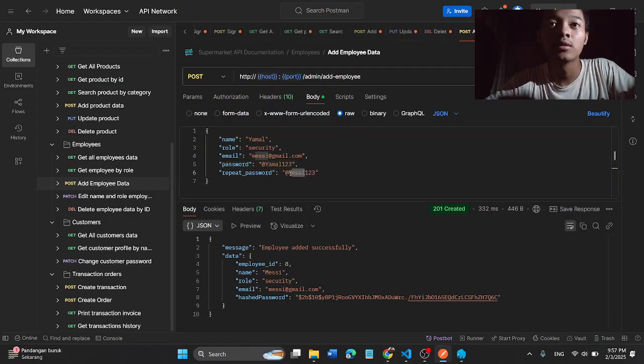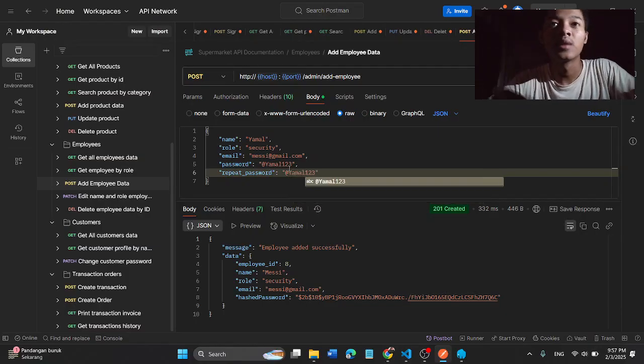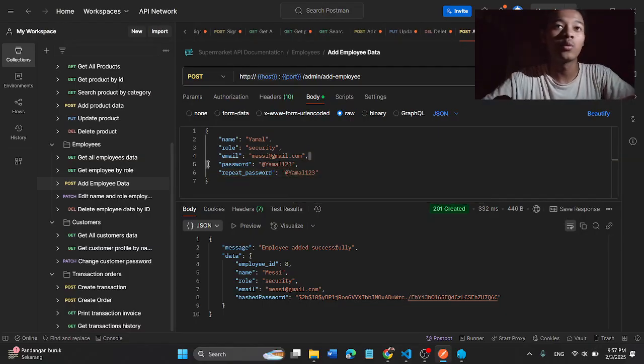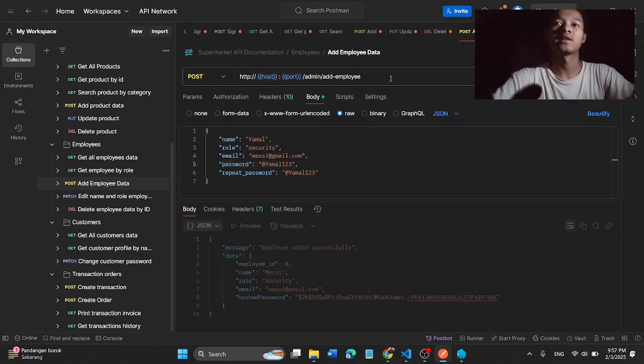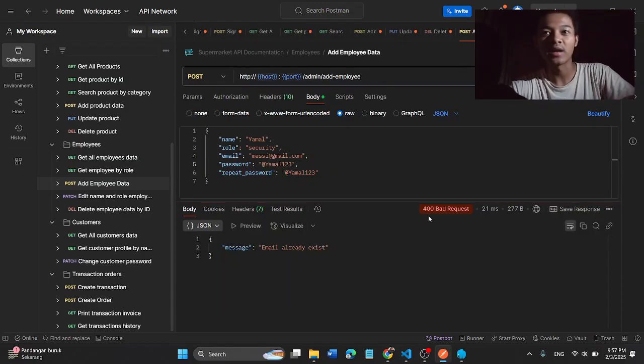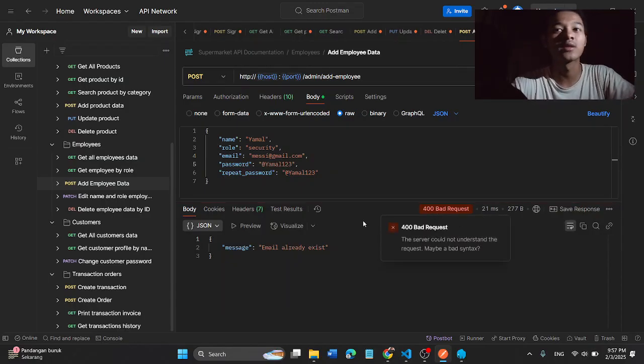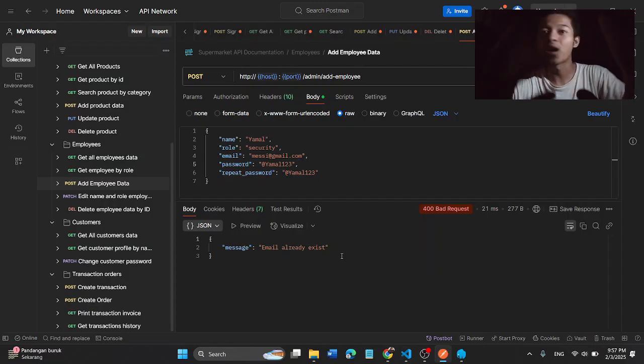This one also YAML, but we won't change the email. We will use the existing email. What will happen? Send the request, and the response status is 400, which is bad request, and the message is email already exists.